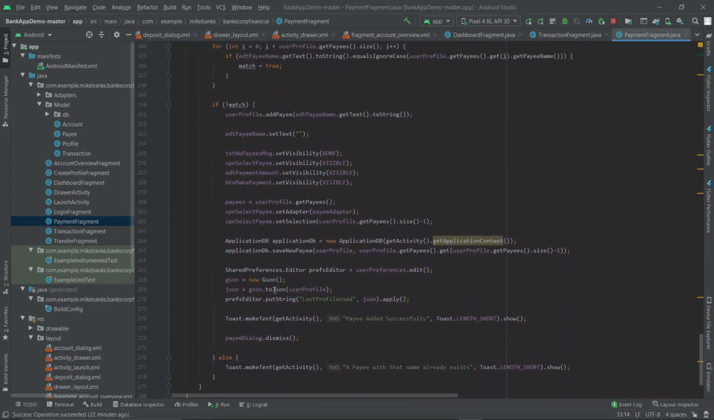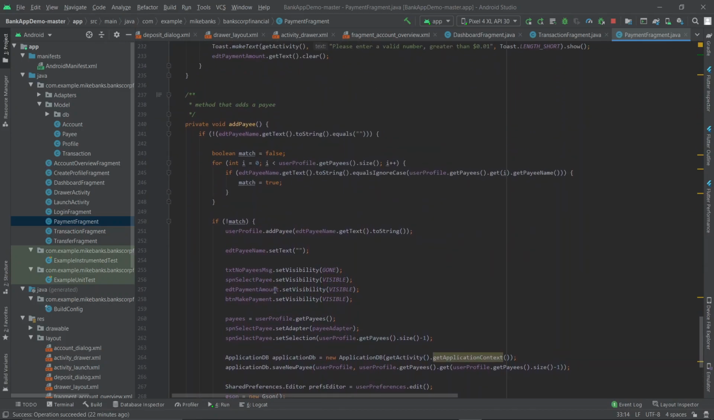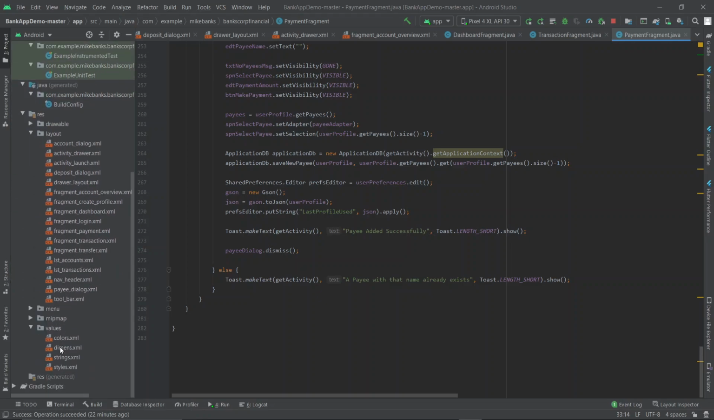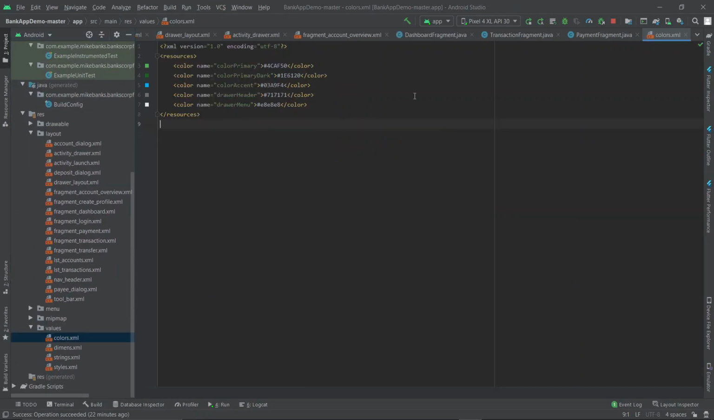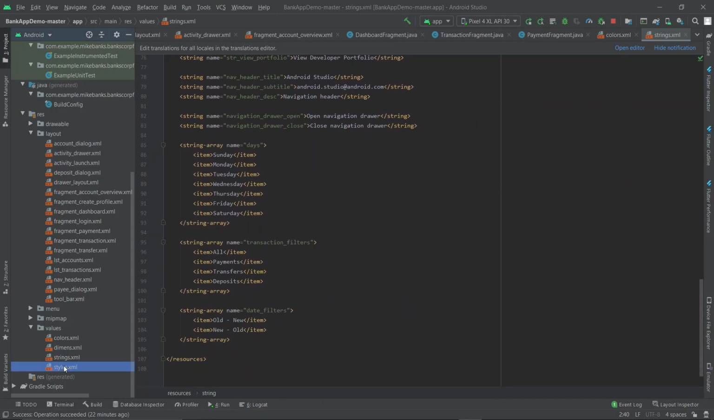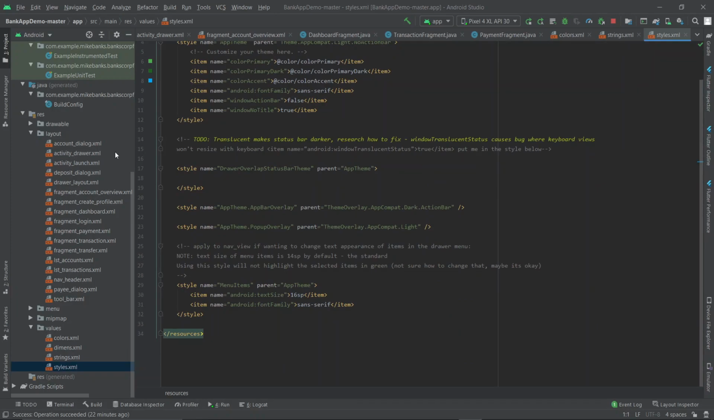Add payment. In this we have created an add payment section where the user is asked to add the payment username of whom you want to send the payment, etc. And here are the different colors we have applied to our application. Color primary, dark, and accent, drawer header and menu, etc. And here are the different strings we have used in this application, styles,